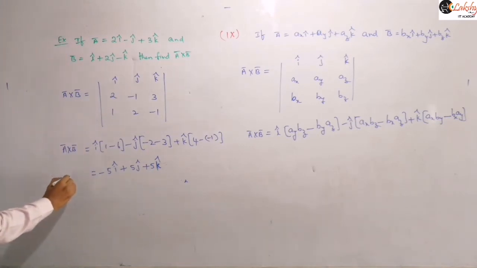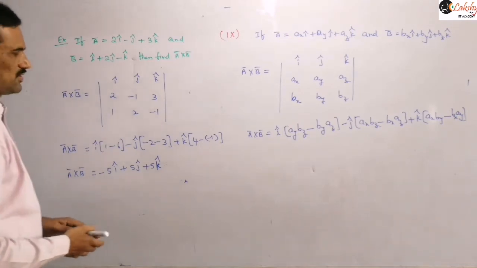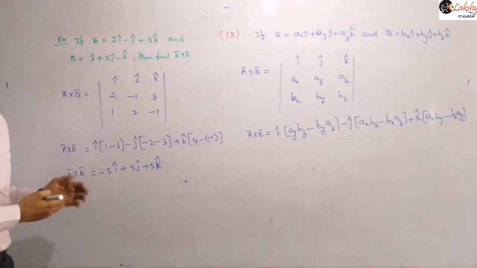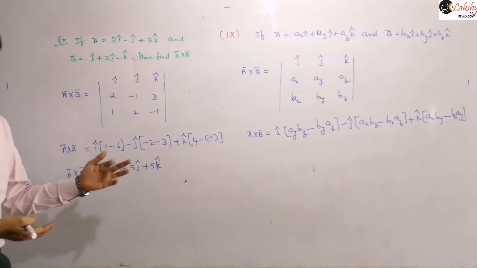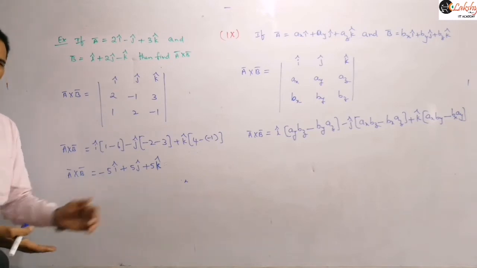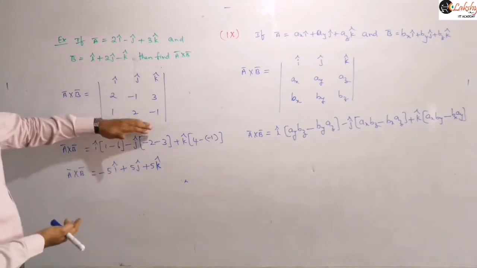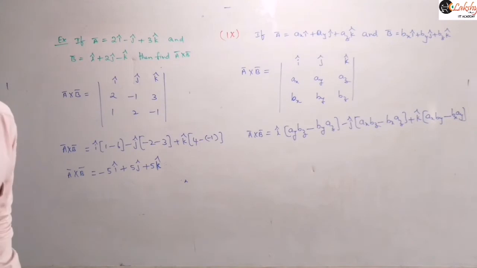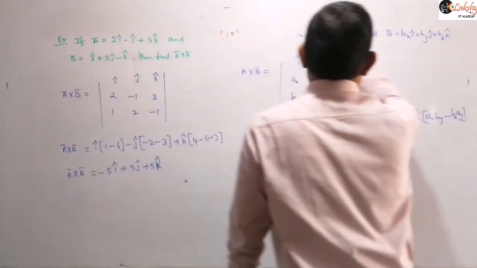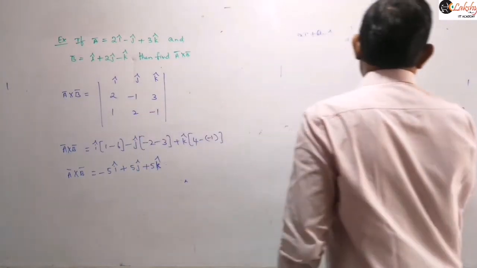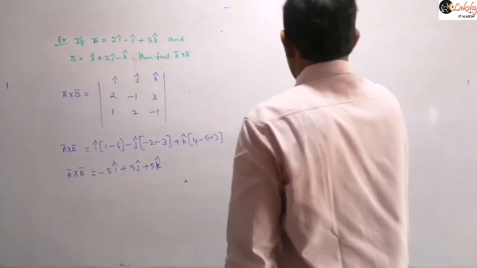So this is the cross product of those two vectors, a bar cross b bar, right? Now you may check by finding b bar cross a bar; then you should get the same components with the opposite sign. Here you should get plus 5 i cap, minus 5 j cap, minus 5 k cap. So verify that. First these components we need to write and second these components we need to write like this. That is the cross product of the two vectors, if the components are given like this, right? And next let us see the applications of this cross product here.